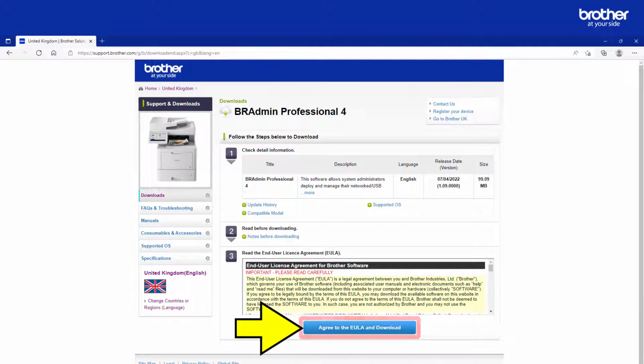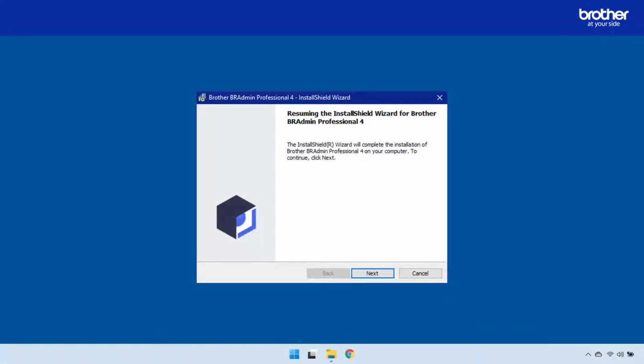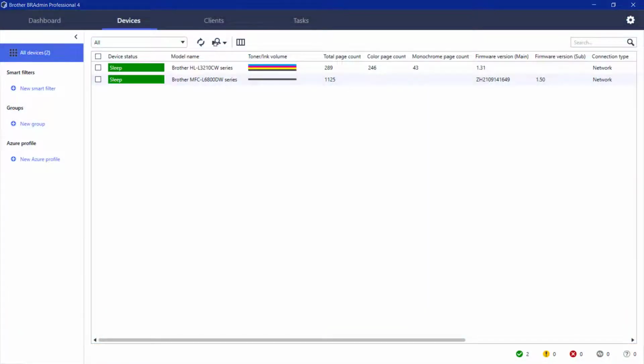Accept the End User License Agreement by clicking the EULA button, which will download BRAdmin. When you are ready, run the installer and follow the on-screen instructions, accepting all the default options. When the installation is finished, open BRAdmin.